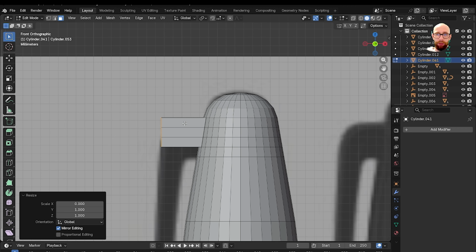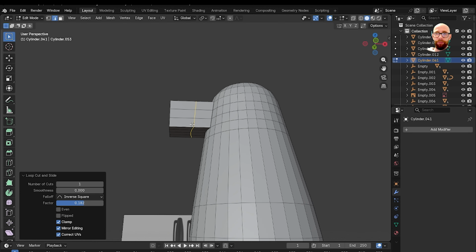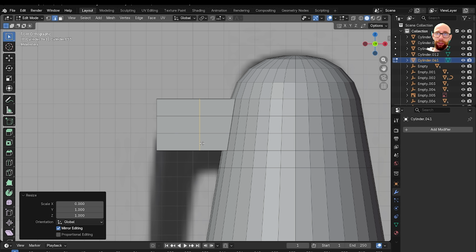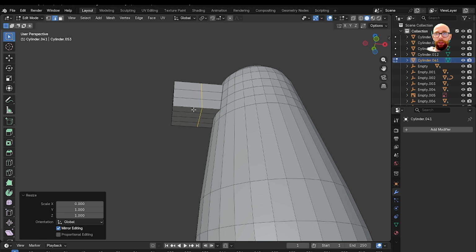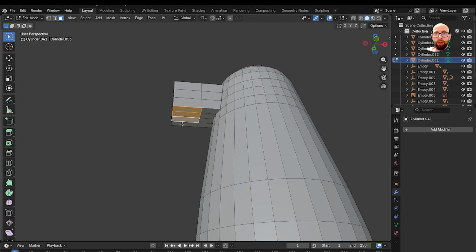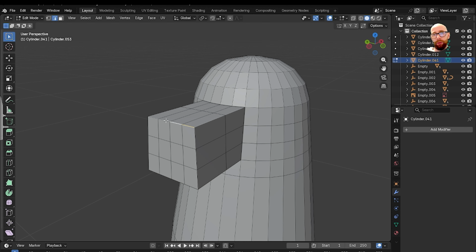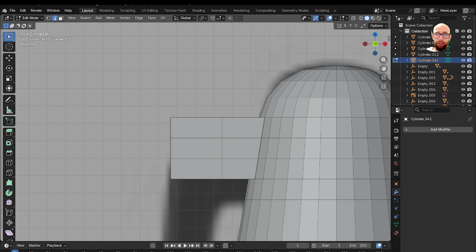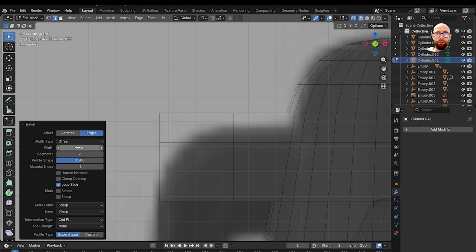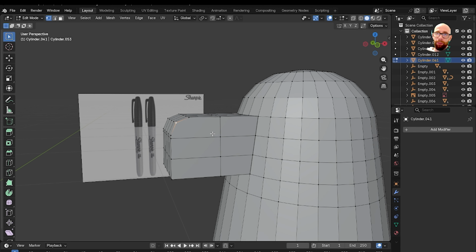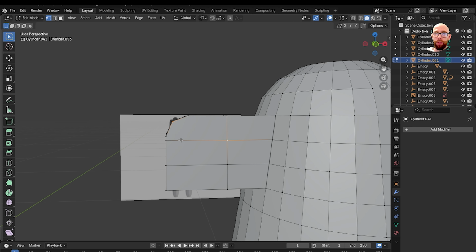And then what we're going to do is Control R to add edge loops, to have one there. I want to straighten that out, so S, X, 0, so that's straight. And then what we're going to do is let's grab, first of all, let's round off here. So we're going to do Control B to bevel. Round that off. And then we can turn those into quads again, because if you see here, we've now got